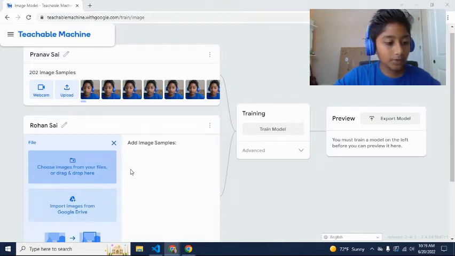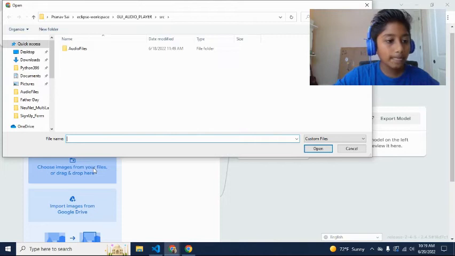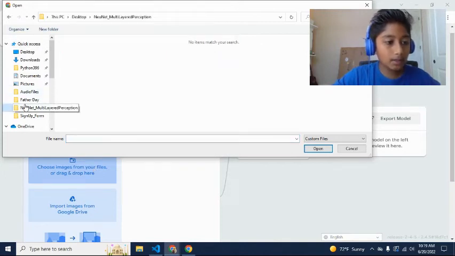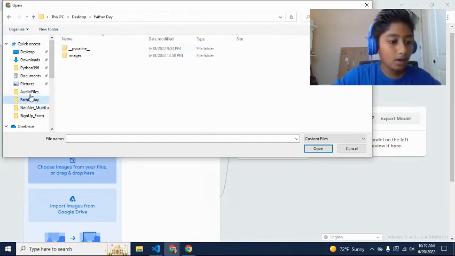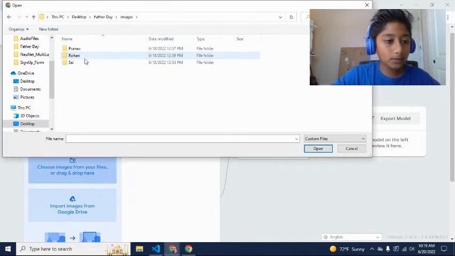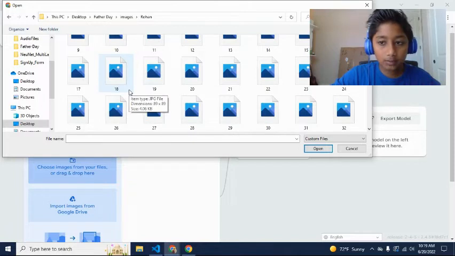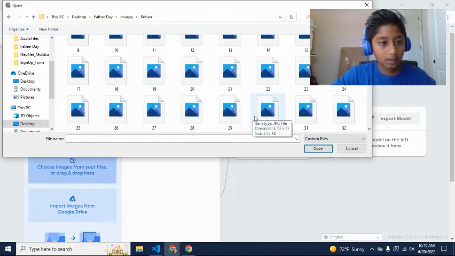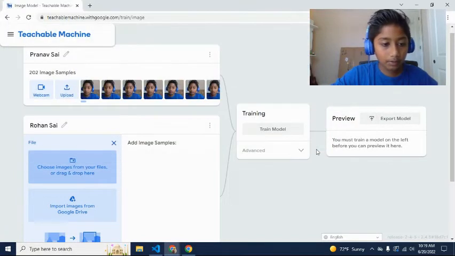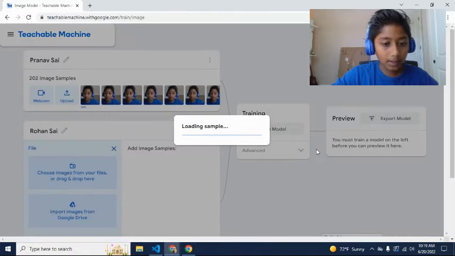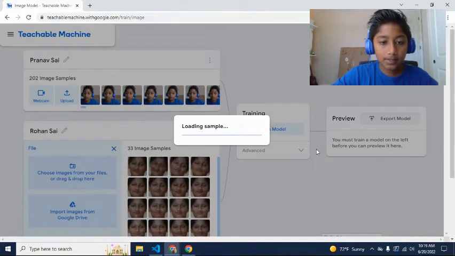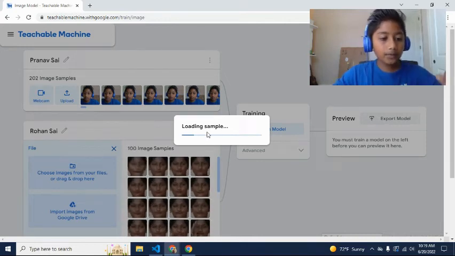folder. So if you go to choose images, and then now you can click on the project that you're in, and I have this image folder with Rohan. So then we have all of these images here. So we can actually Control A, and then we can upload all of them here. Okay, so basically we can upload all those images that we've taken, and this is like 500 images, so this